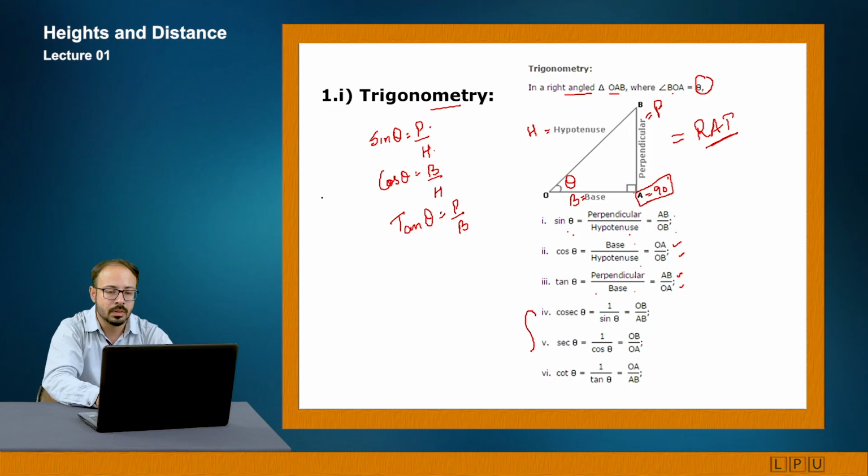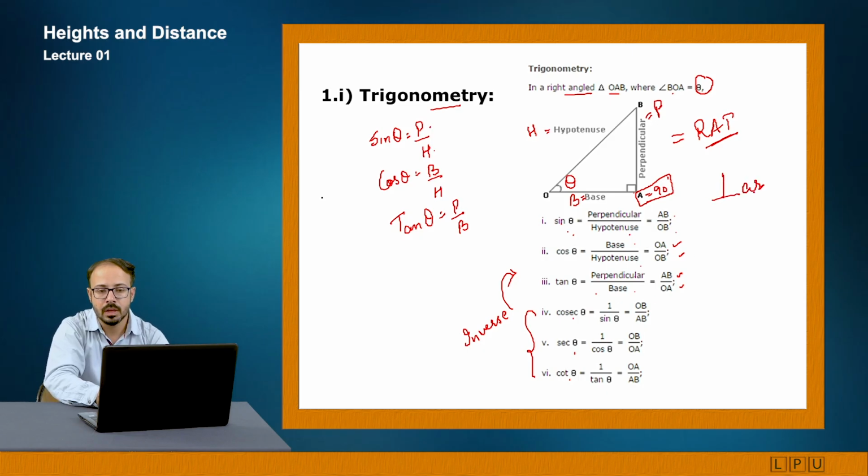Now these three are the inverse of these three. For simple example, cosec theta is 1 by sin theta, meaning hypotenuse upon perpendicular. Sec theta is 1 by cos theta, that is hypotenuse upon base. Cot theta is 1 upon tan theta, that is base upon perpendicular. Now important thing,